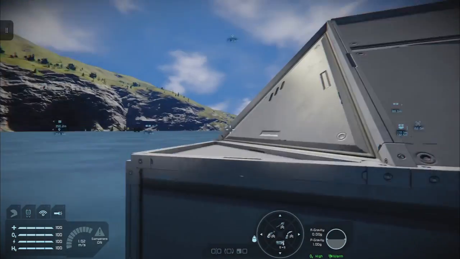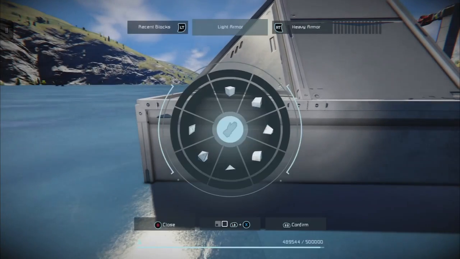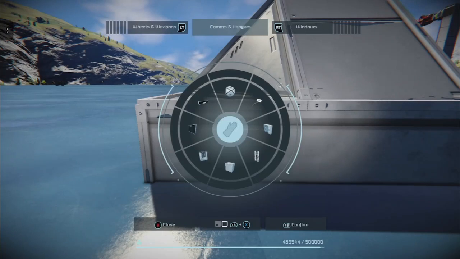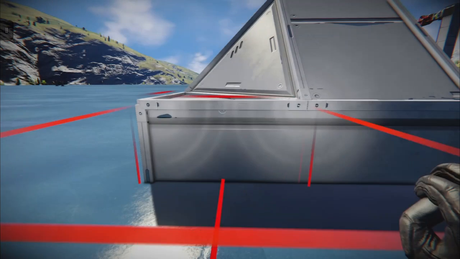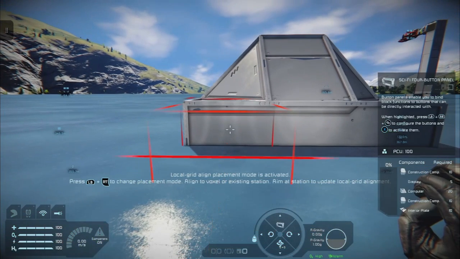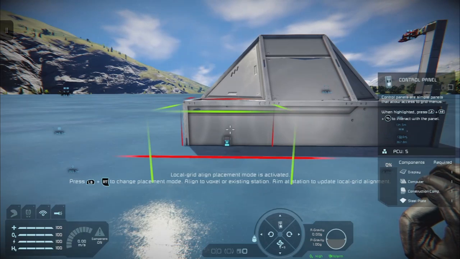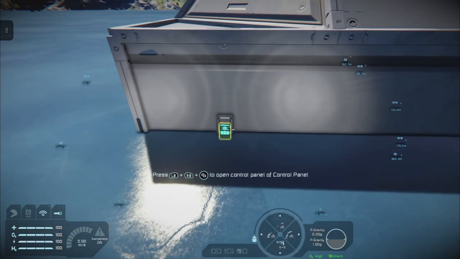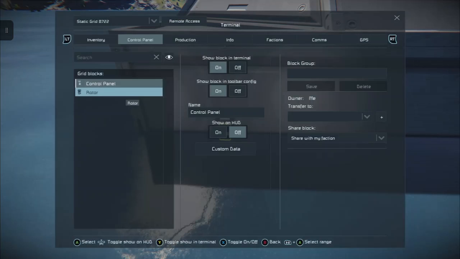and then we just want to pop a panel. It doesn't matter where it is, because all you need to do is access the grid.